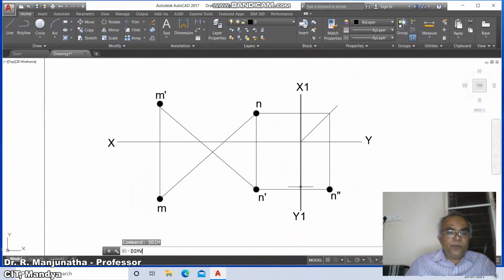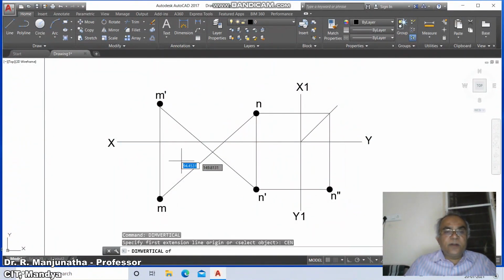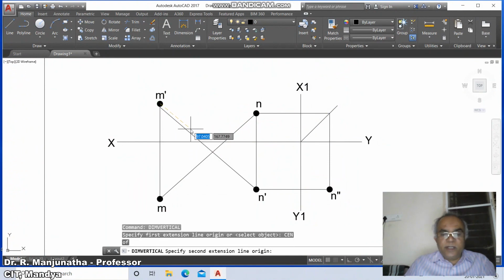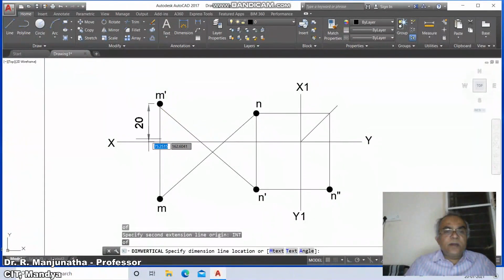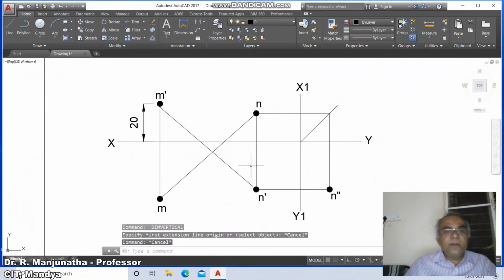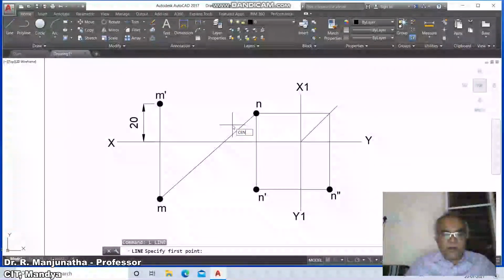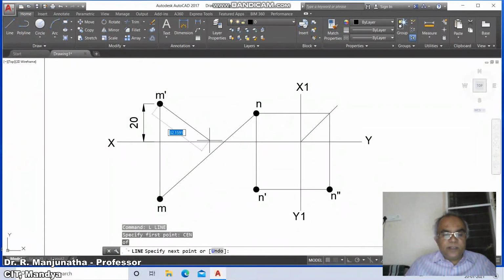Then go to dim vertical, take center of this and take intersection of this, and so this dimension is 20. So here you take this line, take center of this line and center of this line.